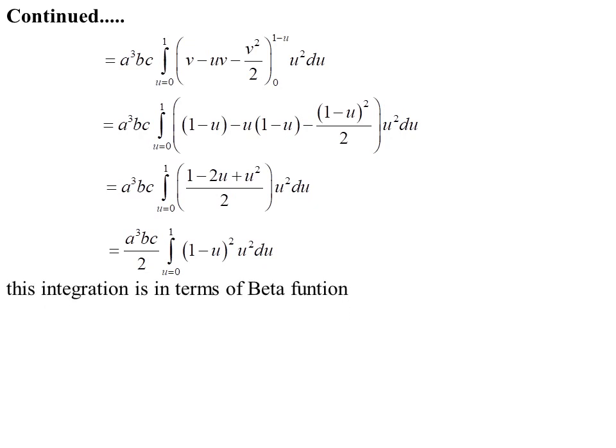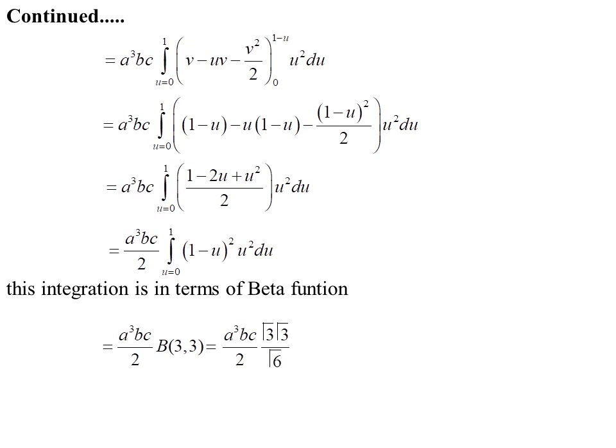But this integration is in terms of beta function. Standard formula of beta function is variable raised to n minus 1, 1 minus variable raised to m minus 1 into du. So this particular beta function where limits are 0 to 1 can be written in terms of a cube bc upon 2, which is a constant term. So this integration which is in terms of beta function can be written as beta function of 3 comma 3,